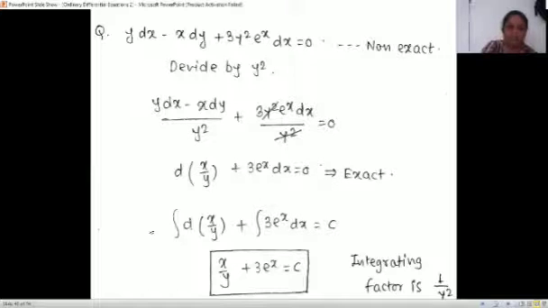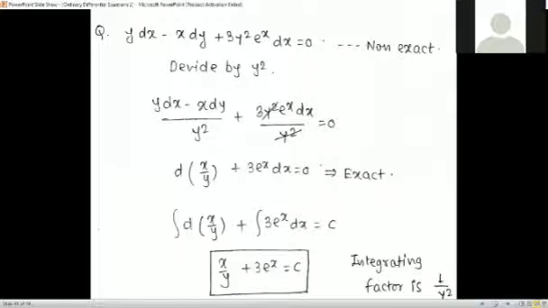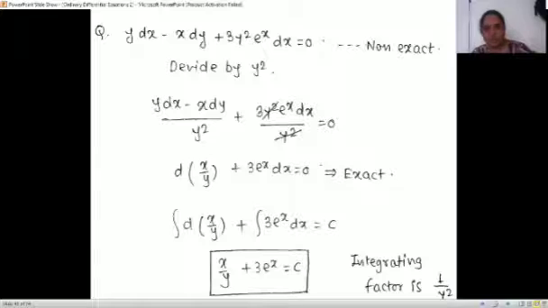And once we can take the integration of the whole equation, that equation we can say is an exact equation. If integration is possible, then it is an exact equation, right? Now integrating this equation, the integration and derivative cancel, it is just x by y plus 3 e raised to x is equal to c, right? So by inspection we can also find an integrating factor. Here the integrating factor is 1 upon y square, as we have divided by y square.